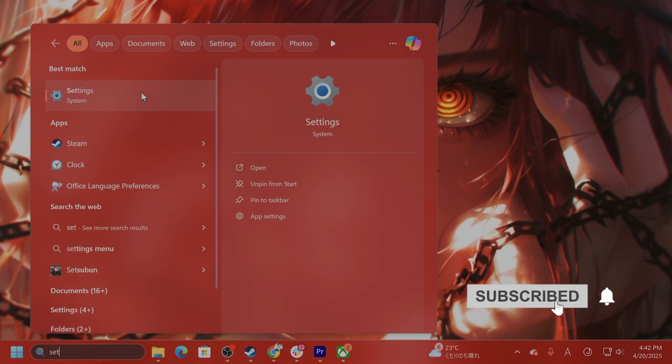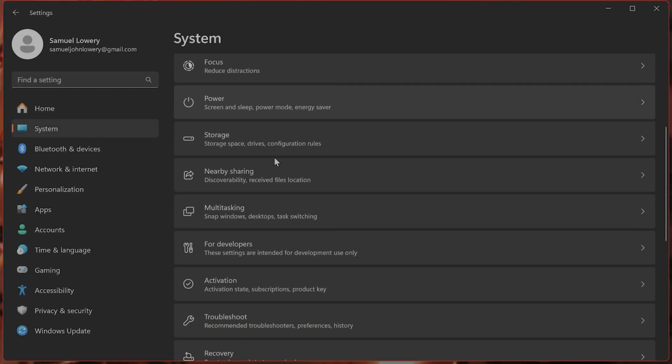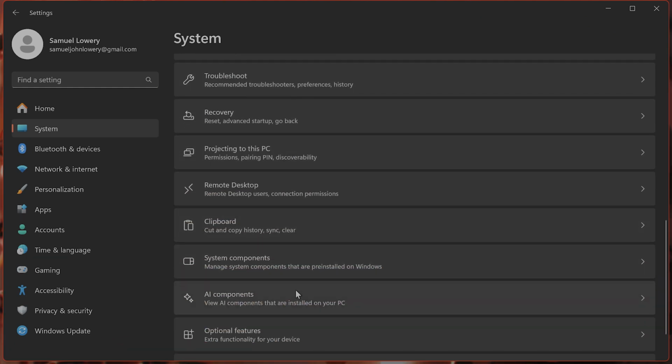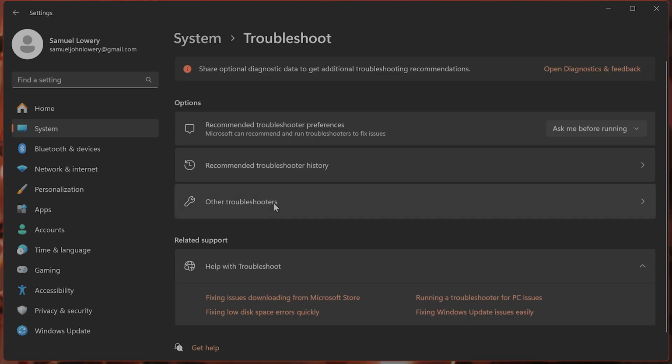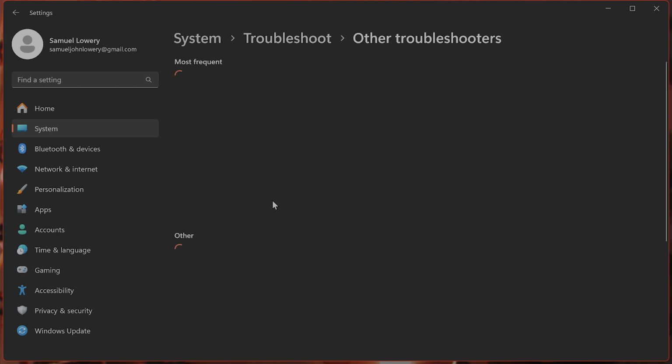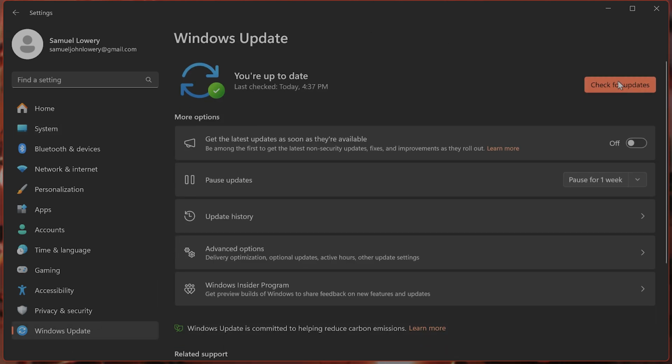So go to Settings under Search. On the left hand side you're going to see System, click on that. From here, scroll down until you see Troubleshoot. Click on Other Troubleshooters from this page and then click on Windows Update and click Run. And follow all the instructions on screen. After that has finished, click on Windows Update, check for updates and install any updates,